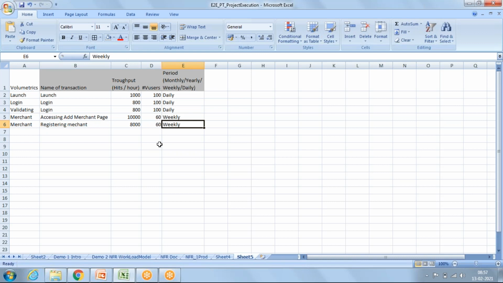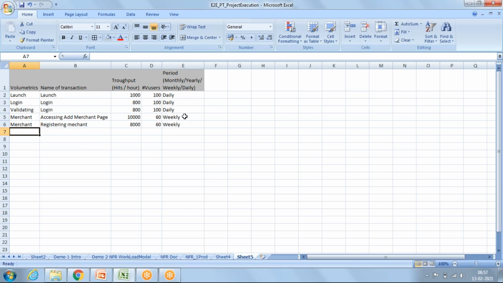Then they are logging in, validating, and accessing the merchant page 10,000 times in a week. But out of 10,000, only 8,000 times a merchant is registered by 60 users. This is our volumetric. So it gives you an idea about the volume in your current application.